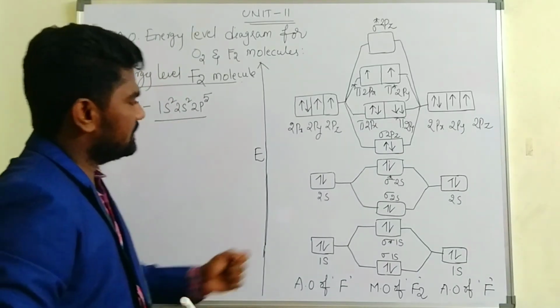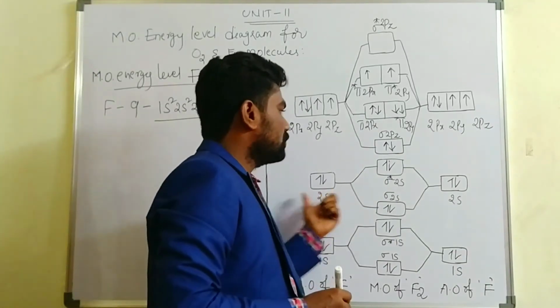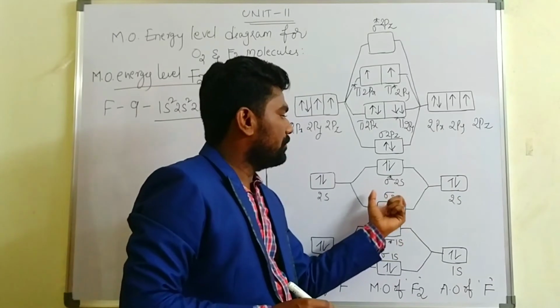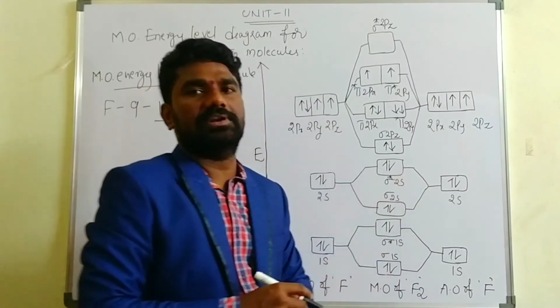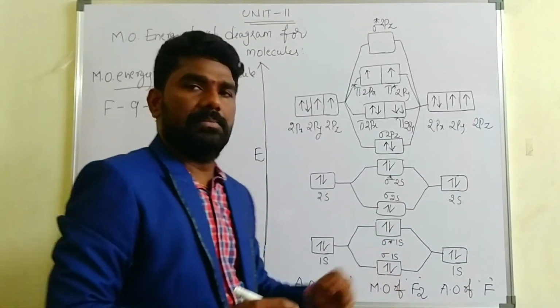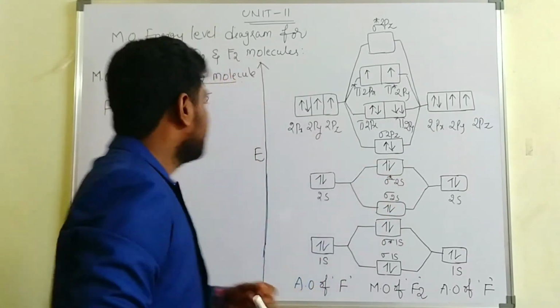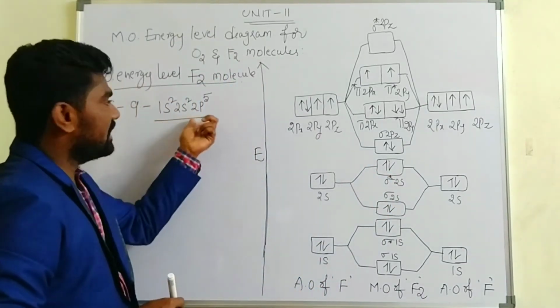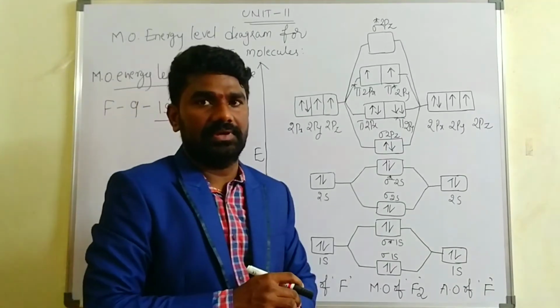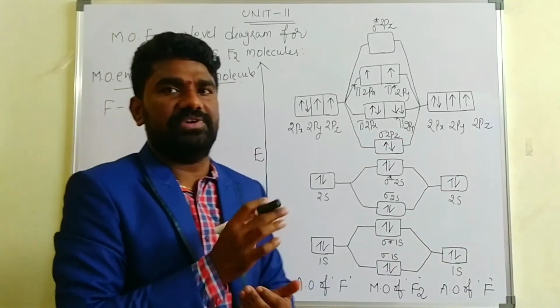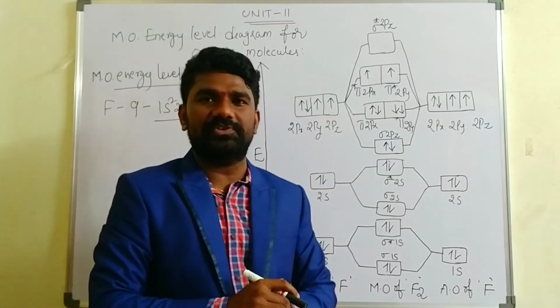And coming to the 2s, in the same way we are going to fill 2 plus 2, 4 electrons in the bonding molecular orbital and anti-bonding molecular orbital of the fluorine molecule. The 4 has been finished here also. After 1s2, 2s2 we have 2p5. In the oxygen case, actually we have the 2p4 electronic configuration.